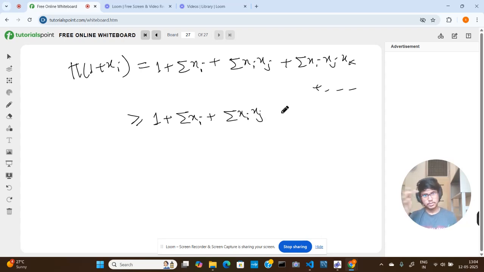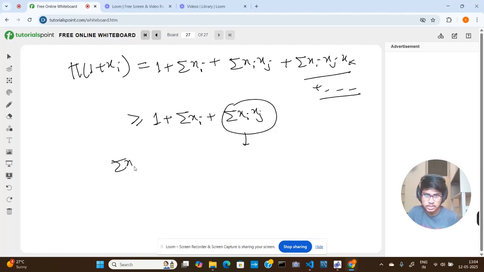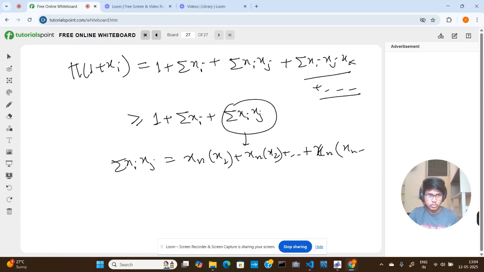We can write this because all these terms are greater than or equal to 0. So we can write this inequality. Now, let's look at the summation xi xj. What is the summation xi xj? It is xn times x1 plus xn times x2, and so on, xn times xn minus 1,